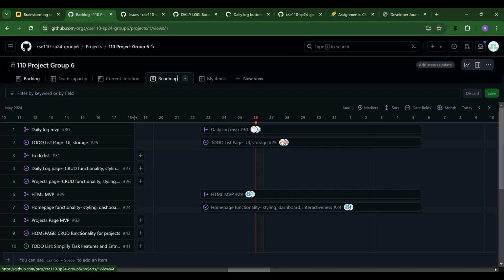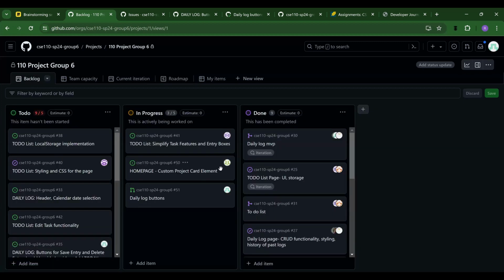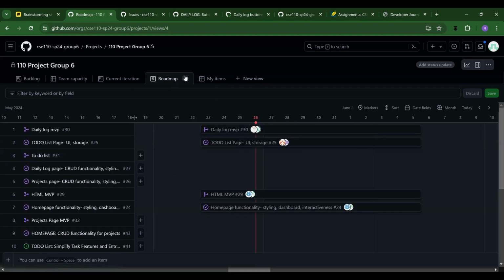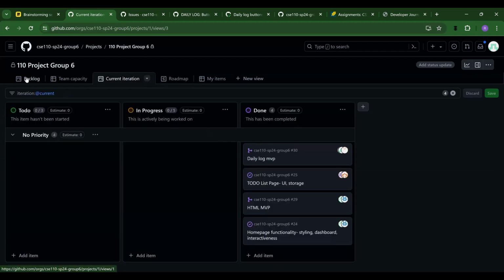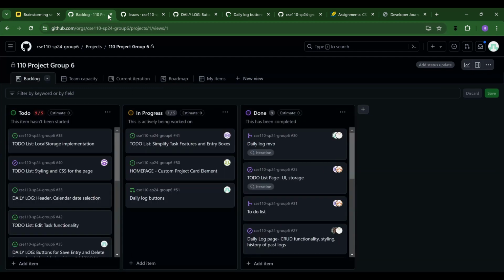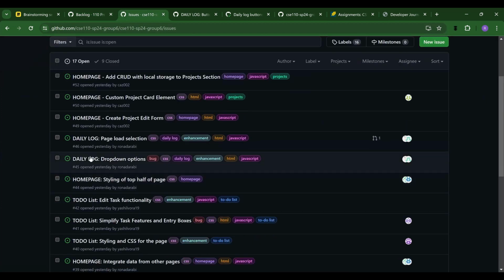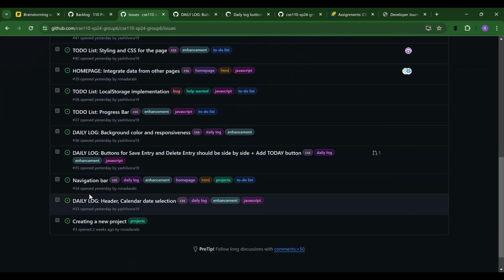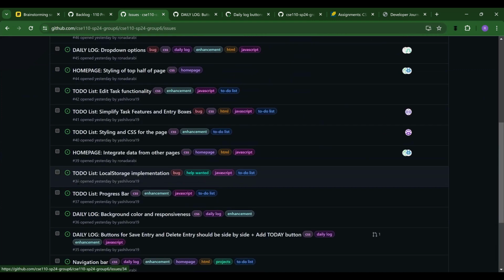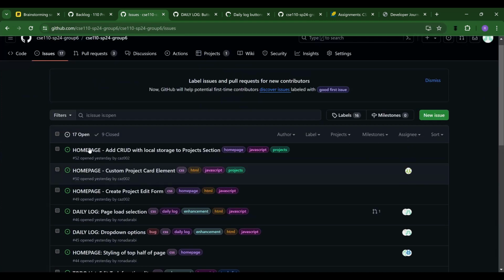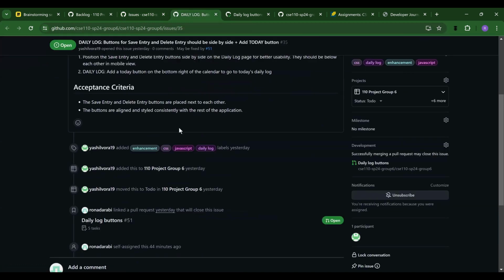it. Then we have, under the projects tab on GitHub, we have this. This kind of just lets us see what needs to be done, what's in progress, and what is done, and people can just drag the issues where they see fit. And there are also other tabs like the roadmap, for example. And then for the issues specifically, we've broken them down into pages. So there's an issue for the page. There's also some other features like navigation bar. But for now, this is how we've done it until we need to get more detailed and hash out